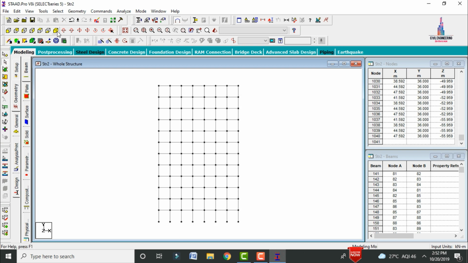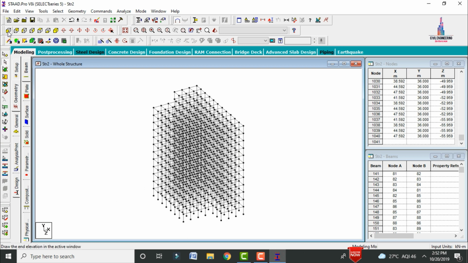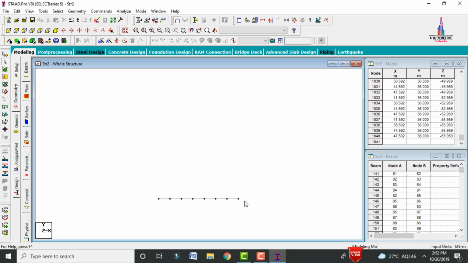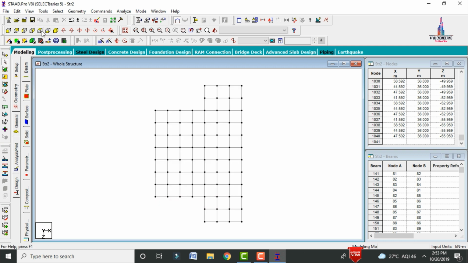So now we have to add the slab portion for the building. For that, I am selecting the front view here. Click on this cut section command. Click on select view option. Click on OK. Initially I am leaving this portion for the plinth level. After that we have to select the first story here like this. So go to select the top view here. Now we have to add the slab section for this portion.